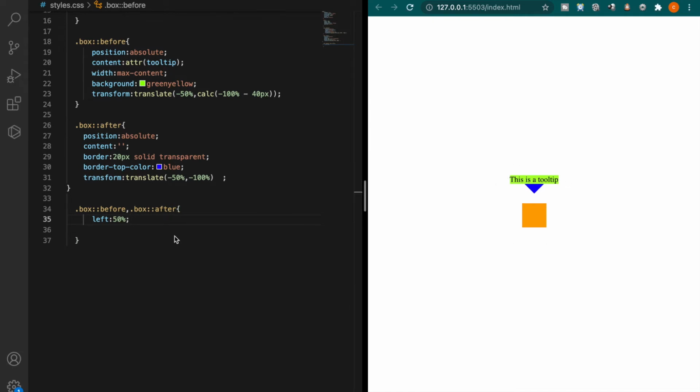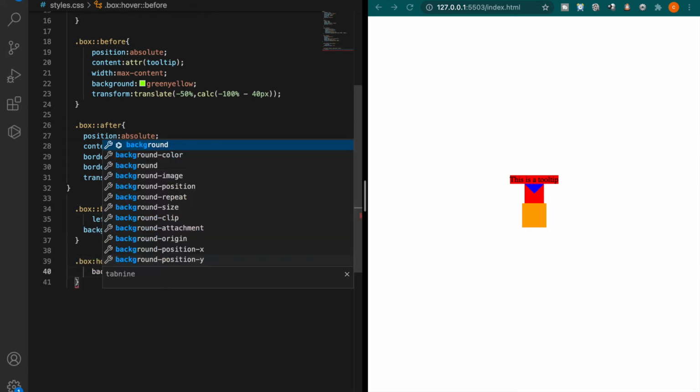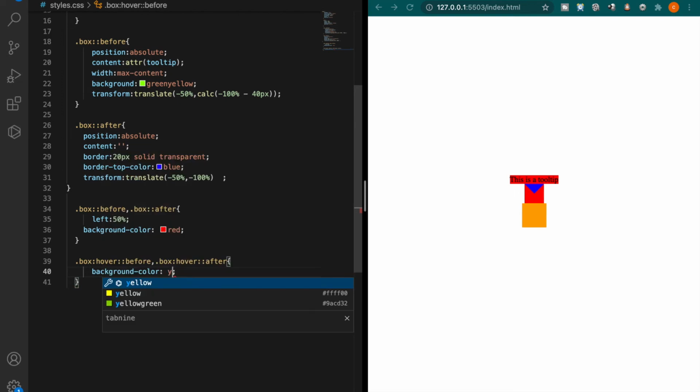Now we go to the animation part. So we want to make the mouse over the orange box, and these tooltips pop up. And now first we just make a very simple animation to demonstrate how to do the transition. So first, for example, we add the background color to be red, and then we use the hover. So here we paste the hover, and then we add the background color to be yellow,